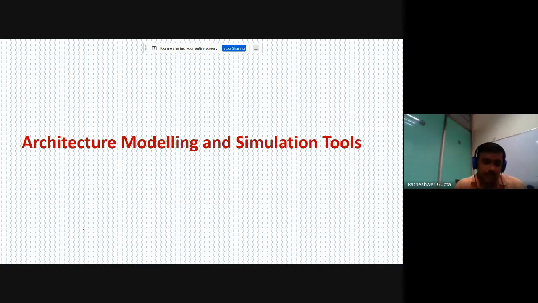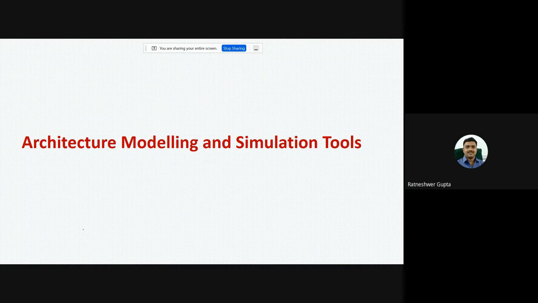Here I just tried to make you understand what software architecture is, what the main components of a software architecture are, and how we can develop an architecture. I have given this example of cyber security, showing how we can develop an architecture for cyber security.